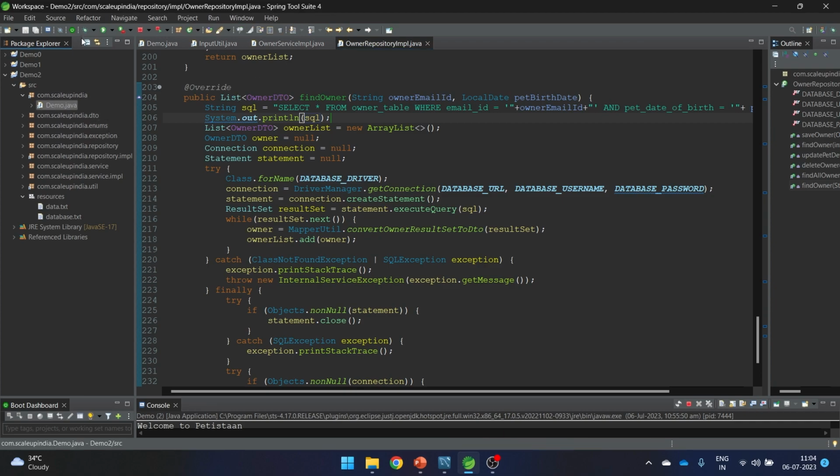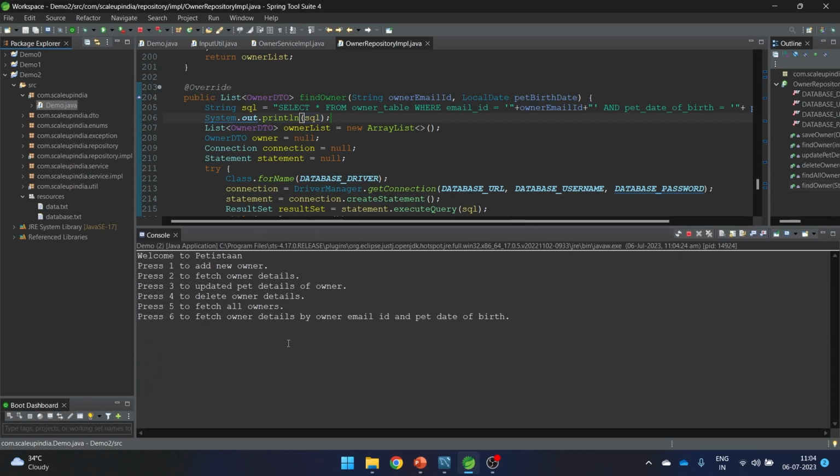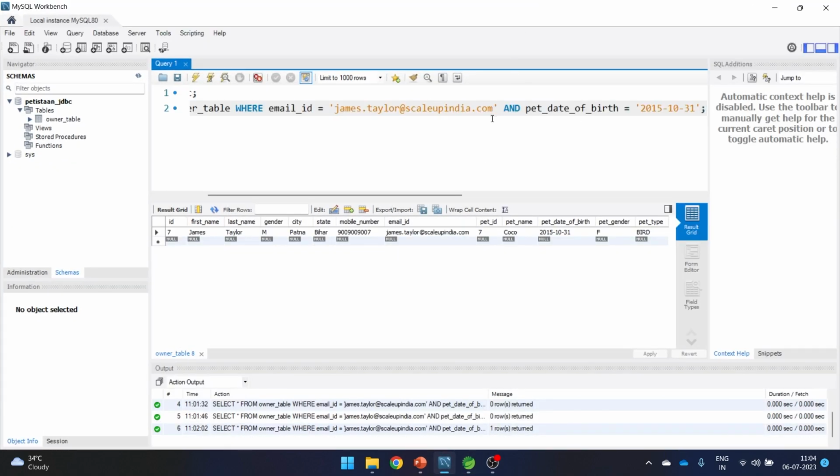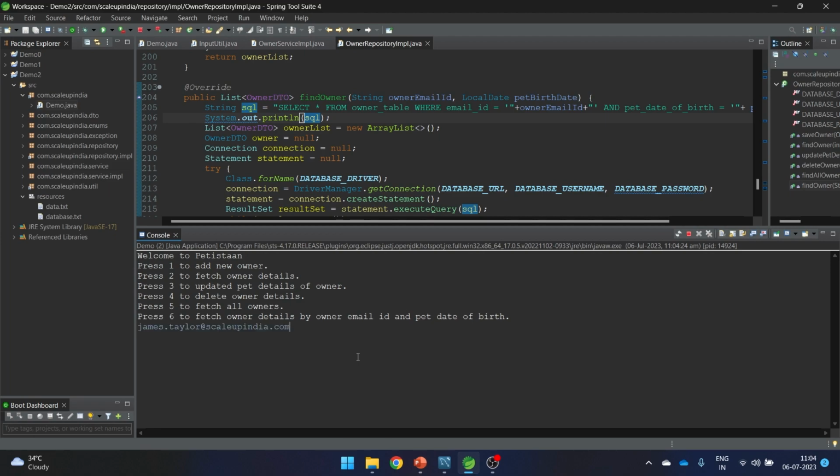So I'll go there and say execute. And here I will be providing the same details again. So for this, let me again copy the same email ID. So I will be copying this particular email ID here. So I'll say copy. I'll go here and I'll say paste. Or not this, I was a little wrong. First I need to say 6. Now it is asking me to enter the email ID. That's right. So I have provided the email ID. Now it is asking me for the date of birth.